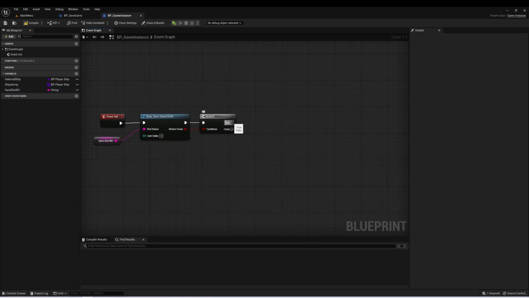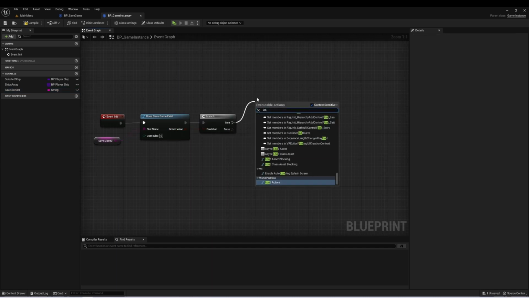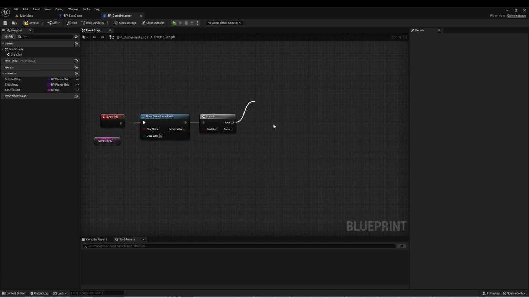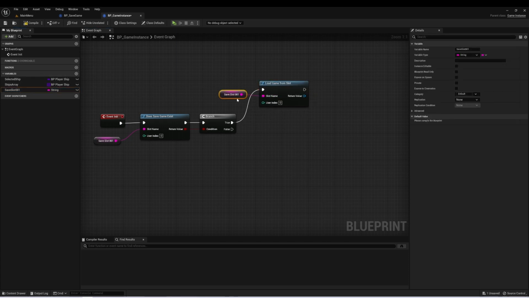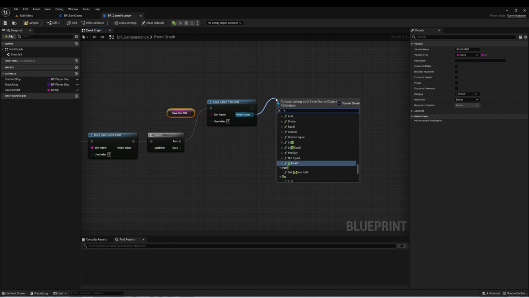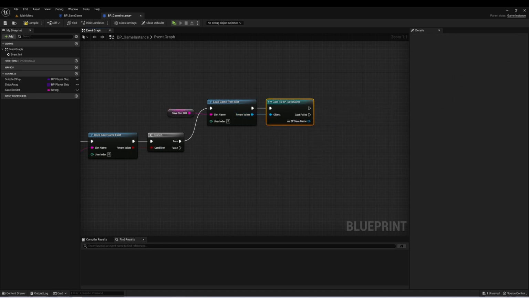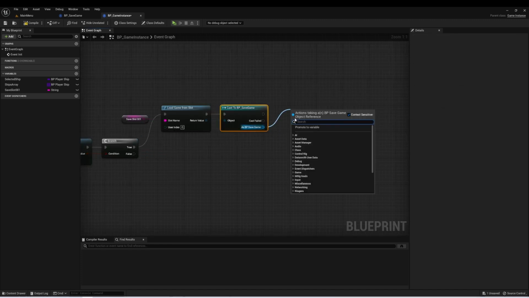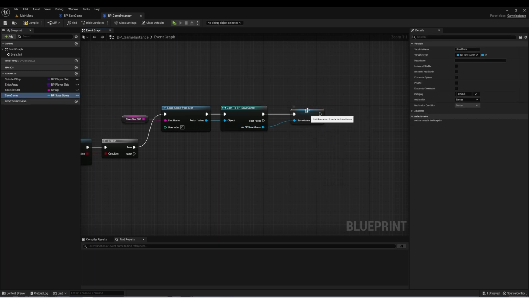And if there is a save game, we can load game from slot, and we can use this same variable. Now here, we want to cast to our SaveGame class, and then I want to save this as a variable as well, and I'll just call it SaveGame. And this is what we're going to be referencing in other classes when we're trying to load and save variables